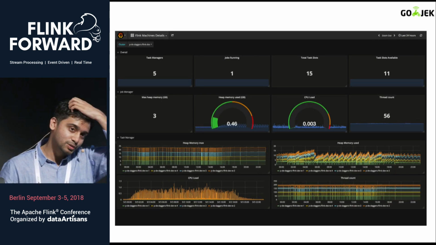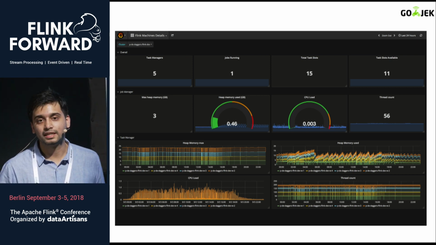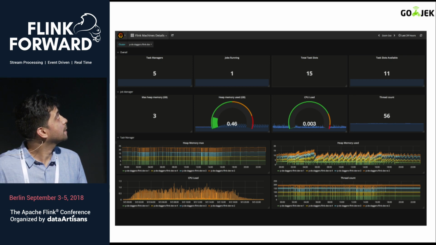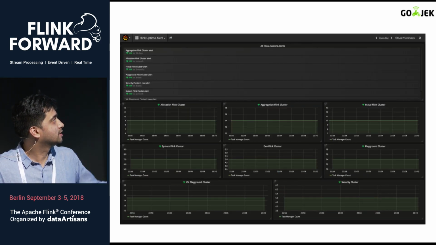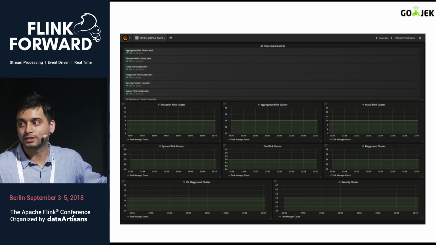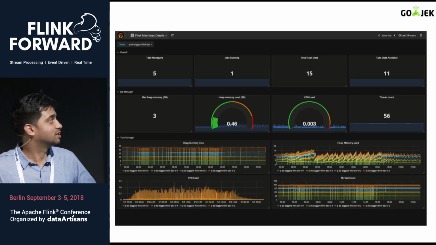So we make use of the Flink StatsD jar, which pushes all this data. This is a dashboard which we use for monitoring how the resources are across the clusters, but they're all based out of the same StatsD metrics.